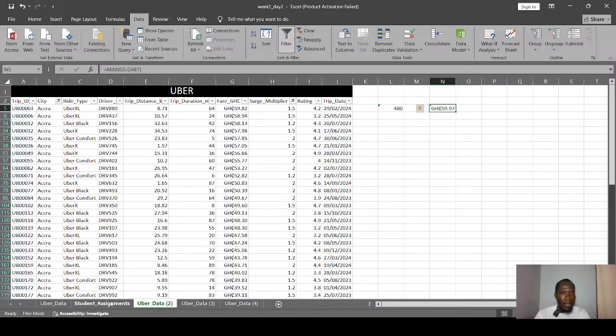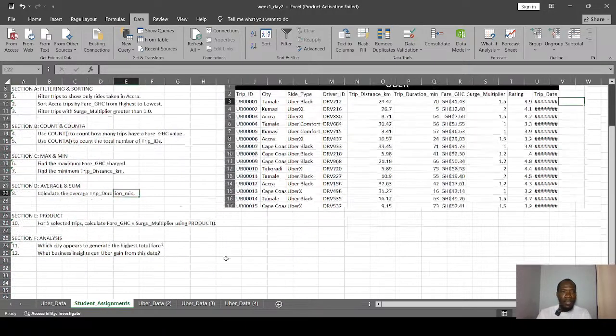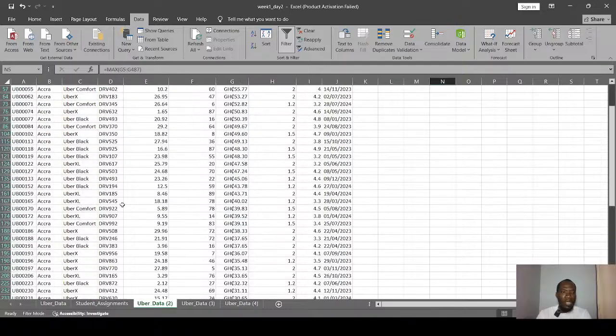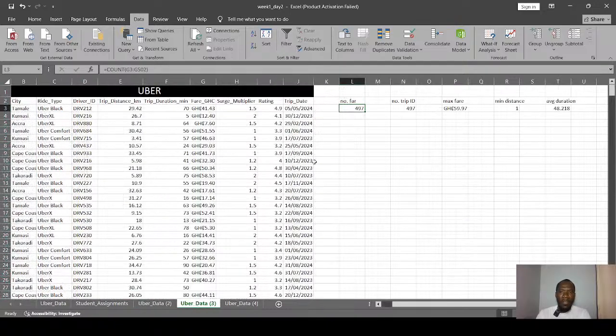And then what other thing? Yes, and then still some of us are answering the question. We just need to create two sheets, one for the filtering and then one for the analysis. That's all. So you're supposed to answer all the analytical questions like this, right? Just like this, either horizontally, or you can do it vertically.